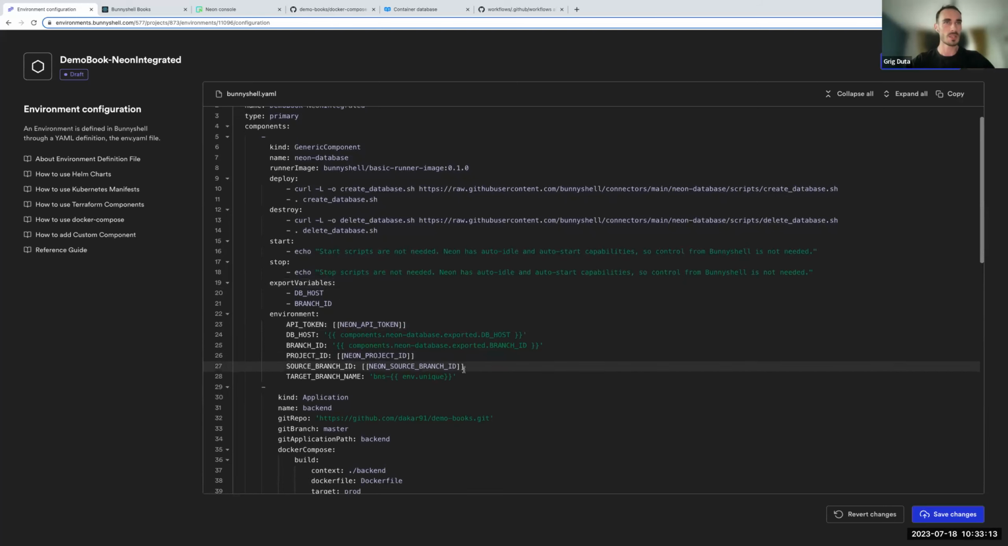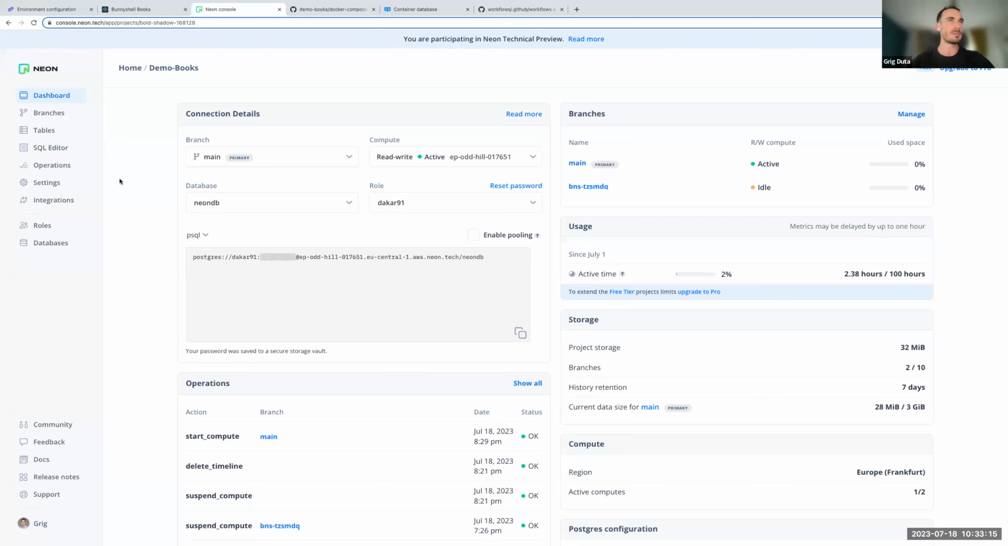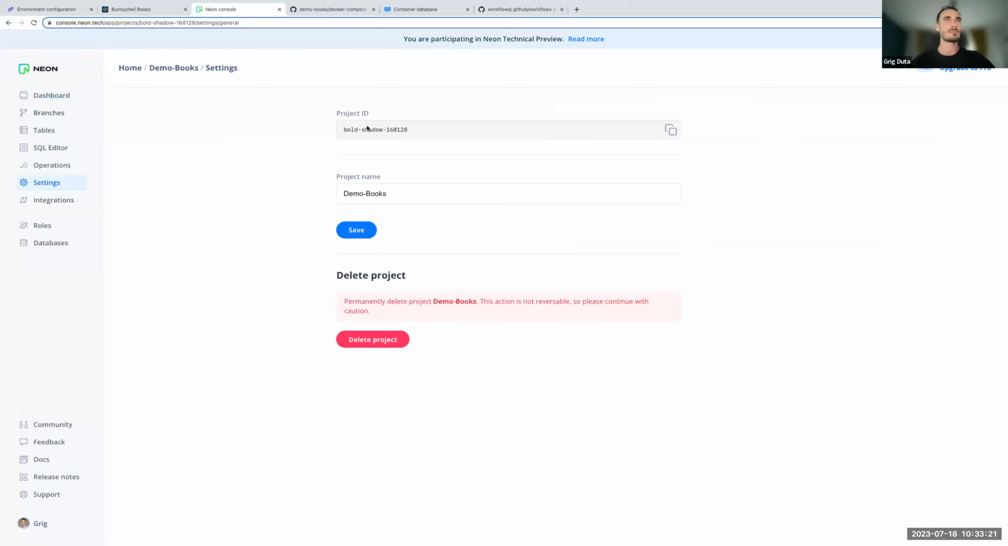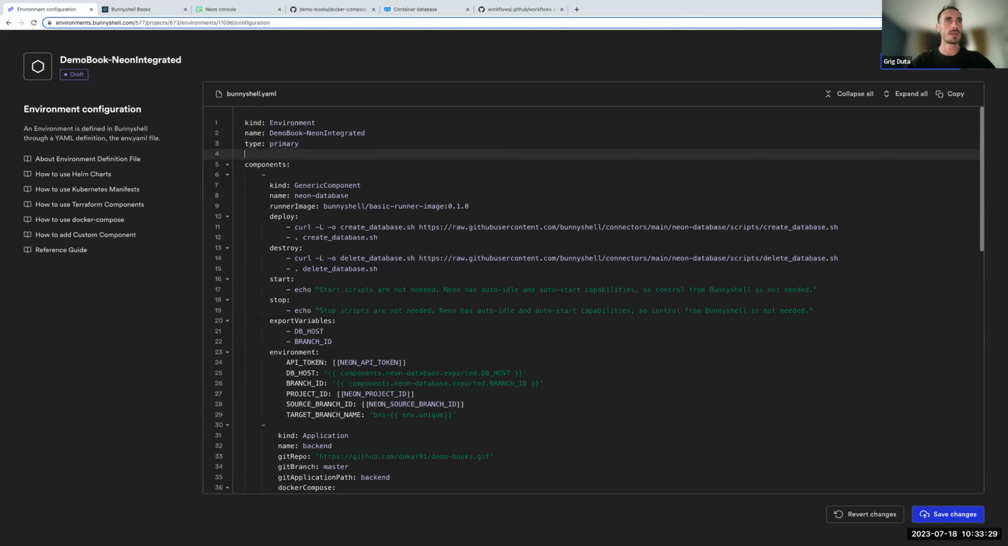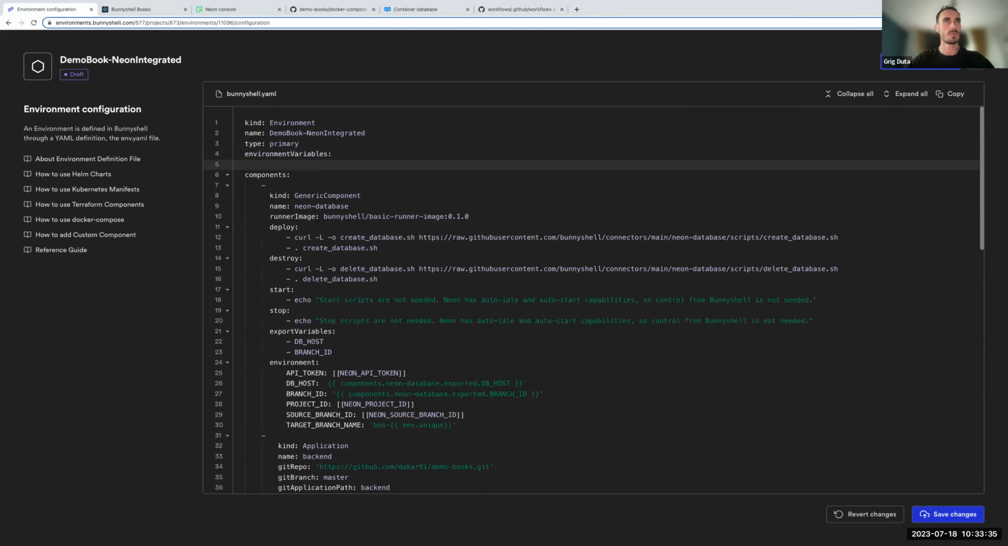Neon source branch ID, which essentially you can find very quickly. For example, mine, let me go to my settings. Settings, this is my project ID, okay? So I'm gonna copy that into my environment. I'm gonna have here environment variables, which are in this environment. Okay, and we're gonna need the Neon project ID. Okay, awesome. And then we're gonna have a Neon source branch ID,